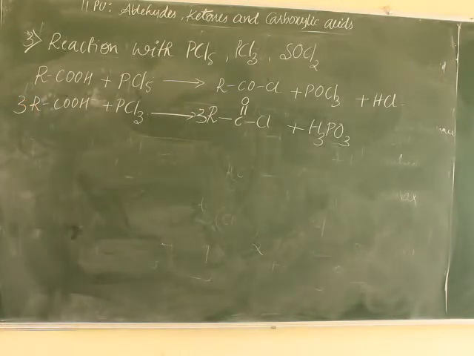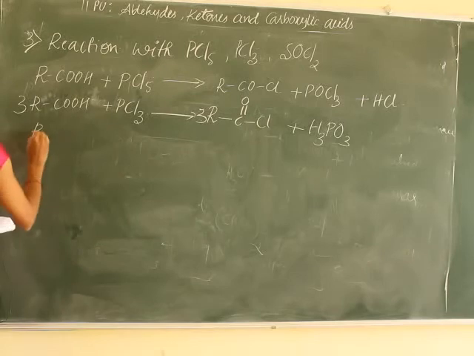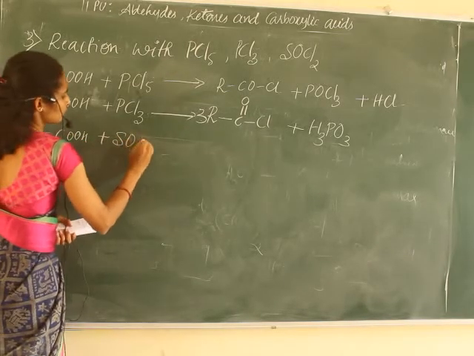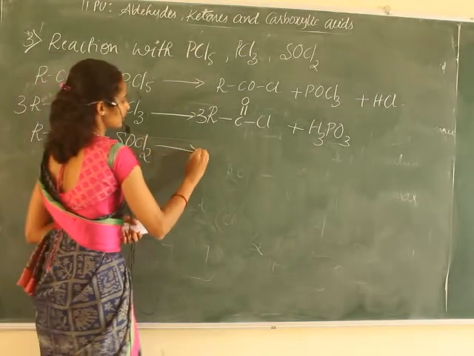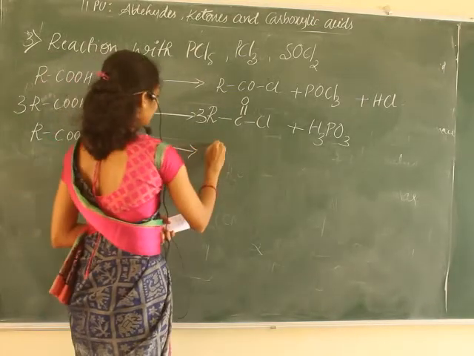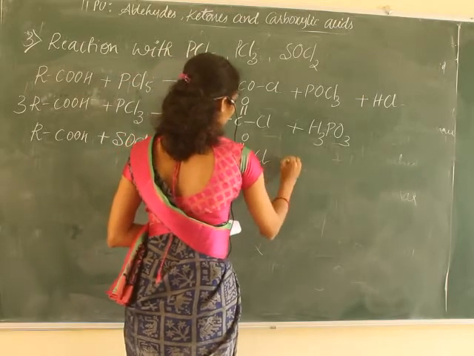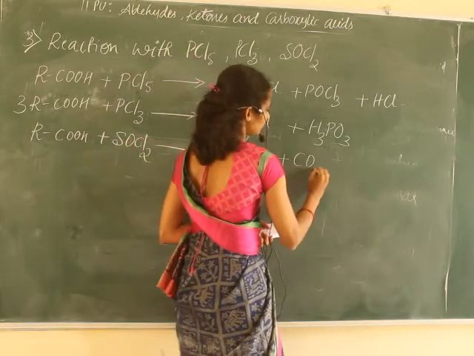Okay, results in the formation of phosphorus acid. Next, with thionyl chloride, RCOOH reacts with thionyl chloride and gives again RCOCl plus